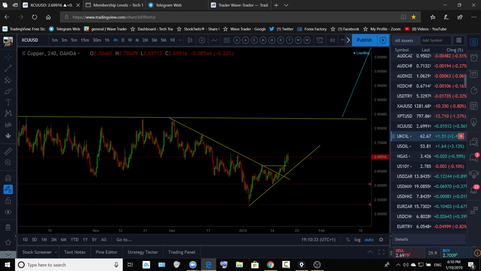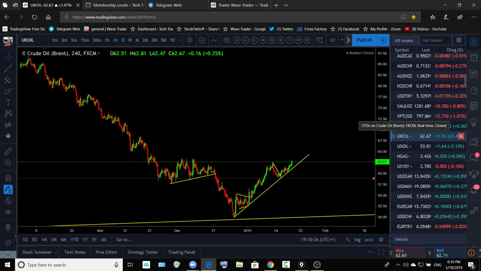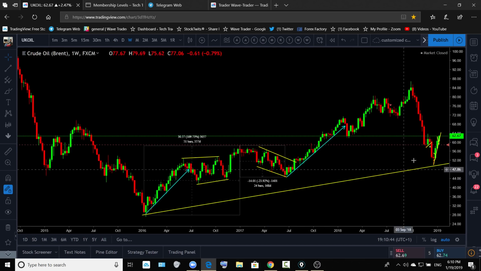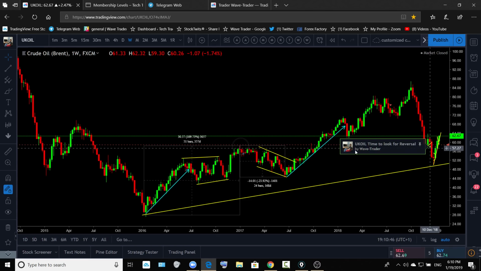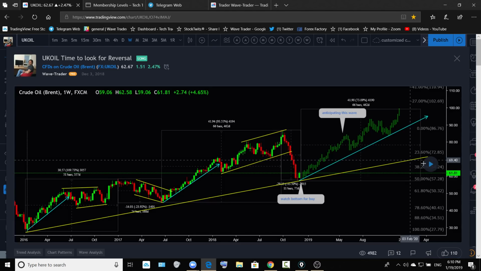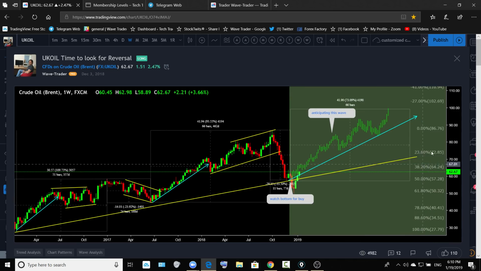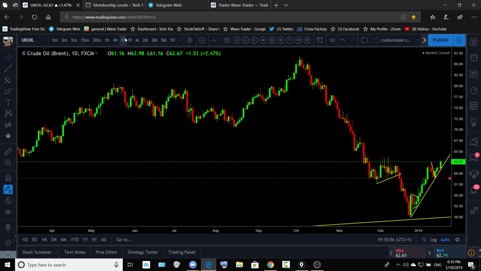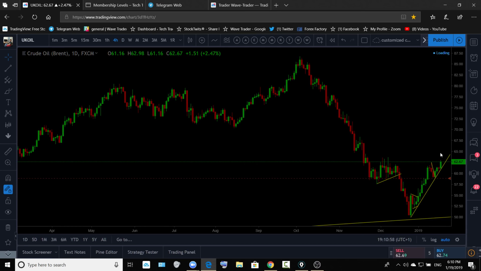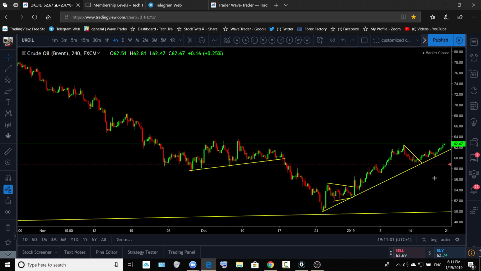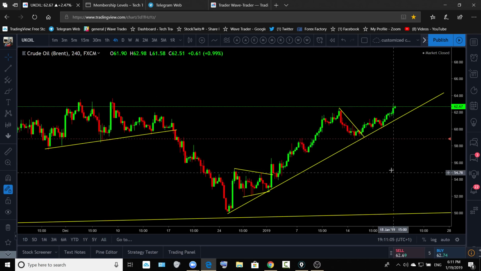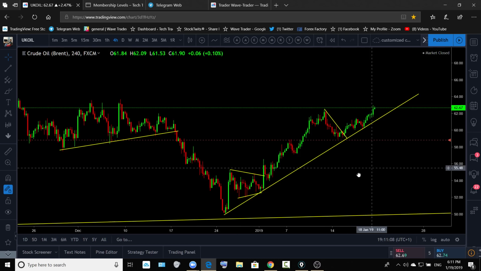Okay, so UK oil. UK oil or US oil, almost both charts are the same, guys. Both charts are forming the same pattern. Okay, this is what we are looking for, longer term weekly chart. And on lower time frame, just watch it to continue to go higher. All right, so yes, we still can see one more drop, but we don't have a price action for one more drop. Okay, so what you guys gonna look for next week?